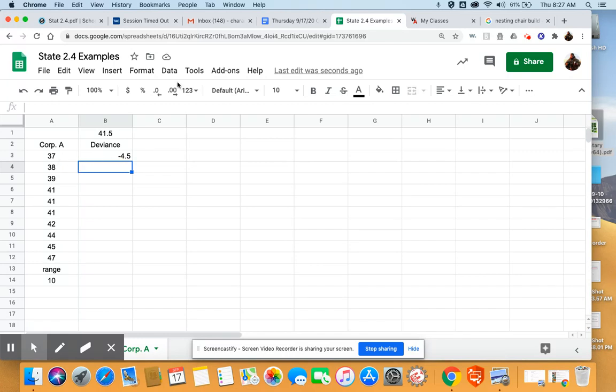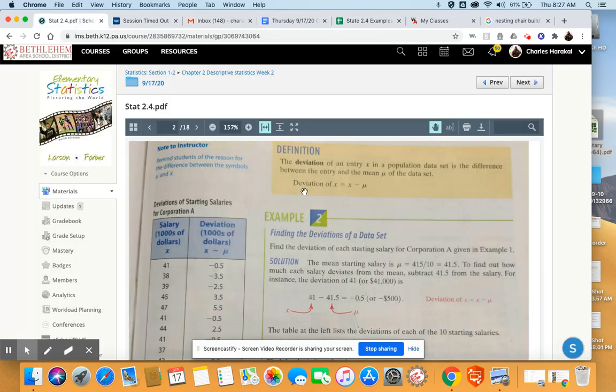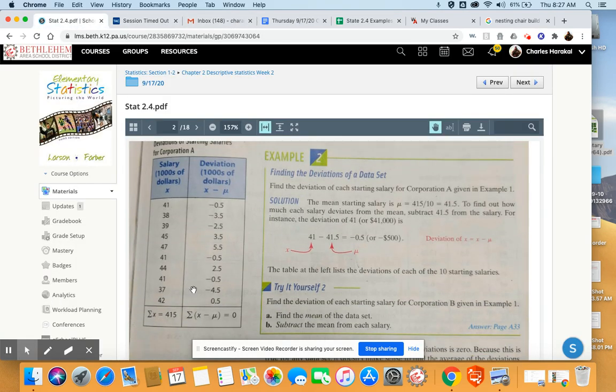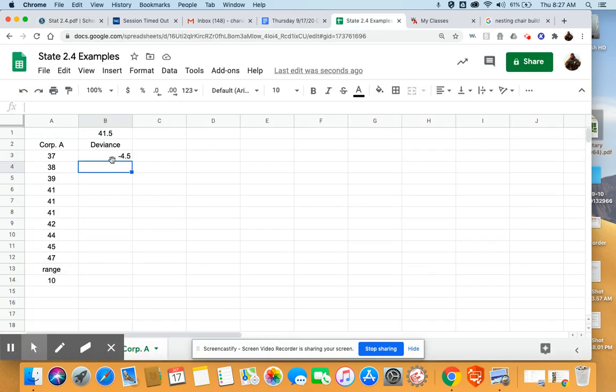Again, this looks a little different than the chart that's in the book. Go back to the chart that's in the book. The reason it looks different than the chart in the book is because our data, we've put in order. We sorted it. So from there, we could just drag that down and calculate the deviation of every single one of those data